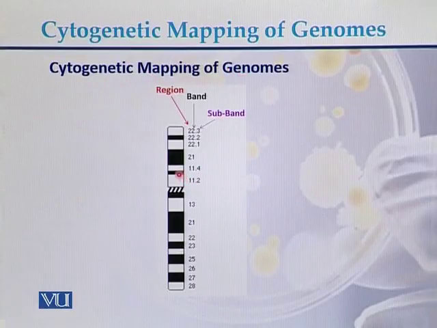This is the view of a cytogenetic map of the genome. Here we can see dark bands and light bands. So the first digit, that is 2, is called the region. So here is region 1, then region 2. The second digit is called the band. So here the first 2 is the region and the second 2 is the band. And then this 3, after the dot or after the point, is the subband. So 2.3 is for this band. Here 2 is the region, the second 2 is the band and 3 is the subband. So this is the method by which these bands are designated.